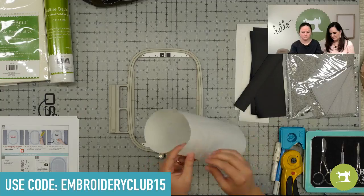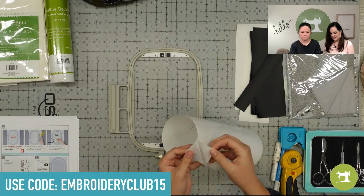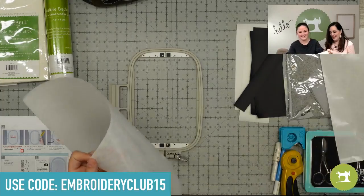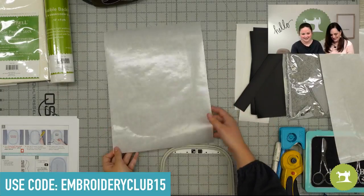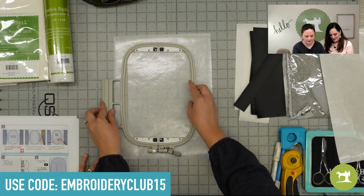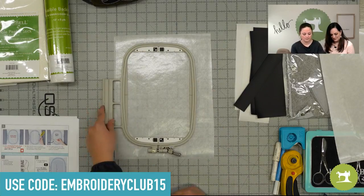Now I want you to remove the entire paper. That makes me nervous. I know, but it's awesome. You're going to lay it down flat, and you're going to put your hoop right on top of it, avoiding,